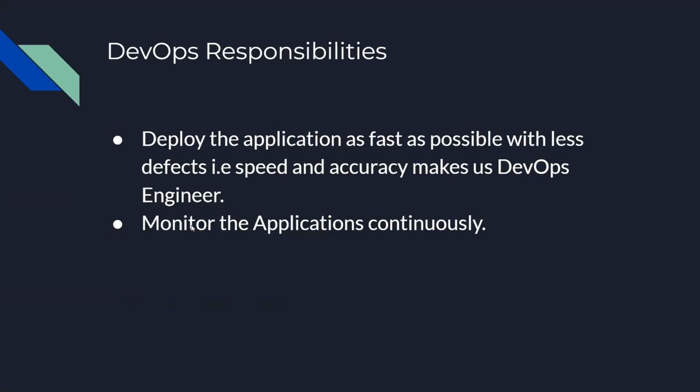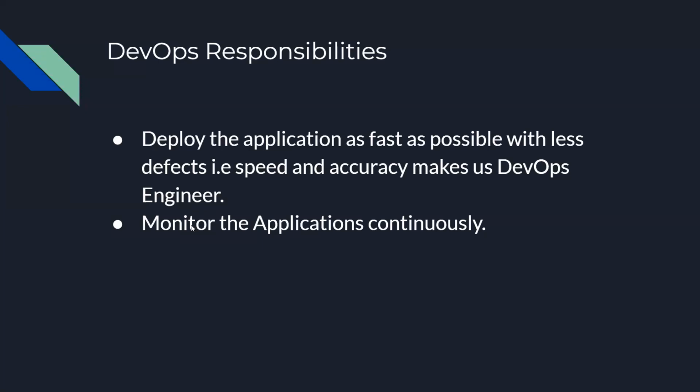So today we are here to discuss more about DevOps with AWS. Before starting DevOps itself, we should understand the high-level responsibilities of the DevOps engineer. The DevOps engineer has only two responsibilities at a high level. You have to deploy the application. It can be any application, either Java, .NET, Python, Node.js, React.js, Go language, PHP, or C, C++, any application, desktop or web.